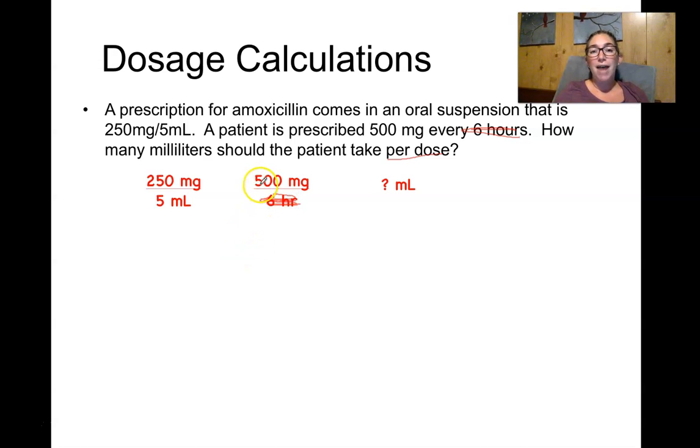So in other words, we have 500 milligrams. We have this fraction here, which is a conversion factor. It's reversible. If we need to reverse it, we can. And we ultimately want to know how many milliliters the patient needs to take. So we always want to start with our given unit. The patient is prescribed 500 milligrams. So pardon my slow and sloppy typing here. 500 milligrams